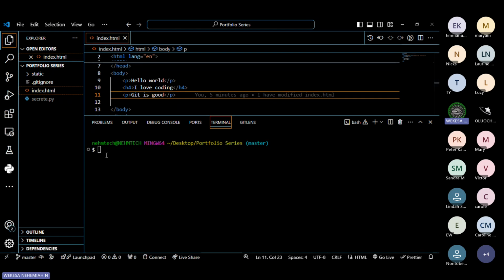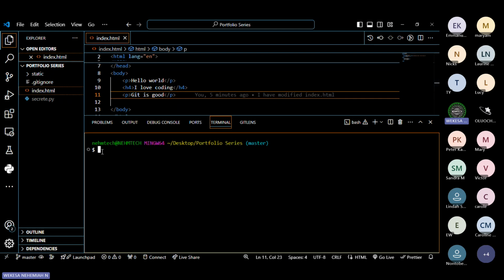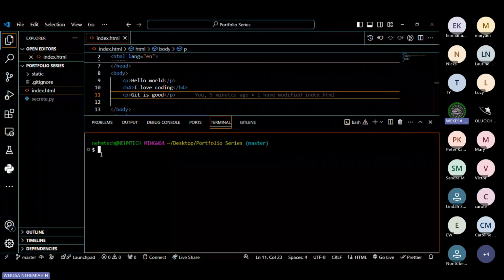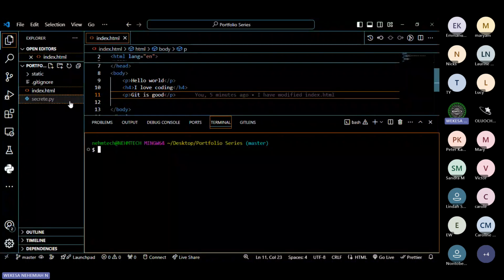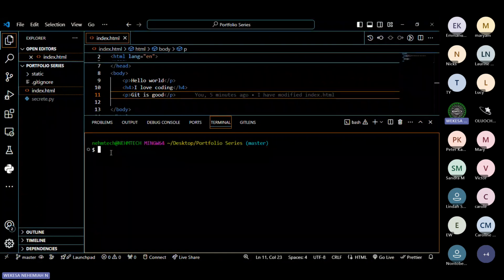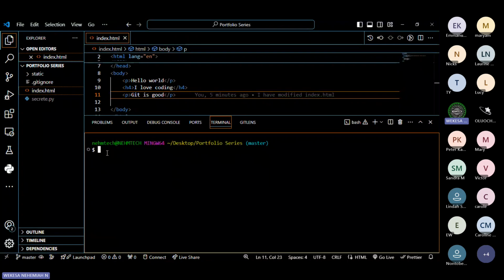So first of all, there was something that I was to talk about called the Git configuration. Sometimes you want to personalize the information or maybe the author. You saw that author information. So I think before you do anything, after you've just initialized an empty Git repository, the first thing that you always want to do is to configure Git, to set up the email and the username. So you can do that by typing git